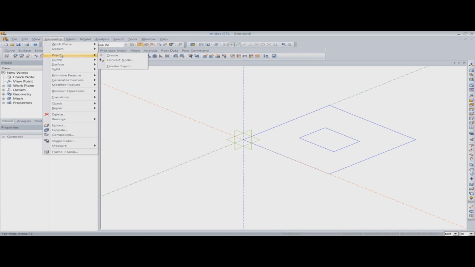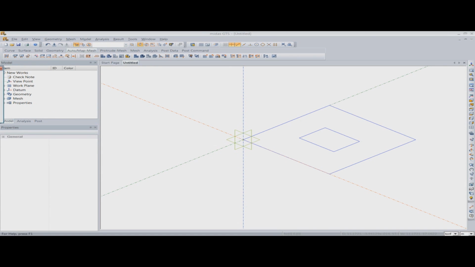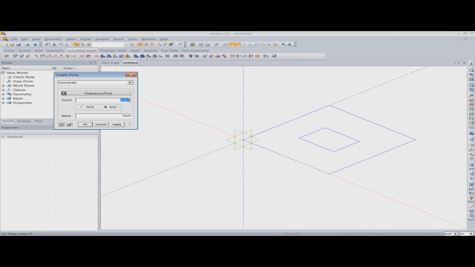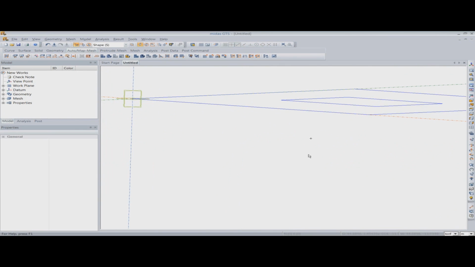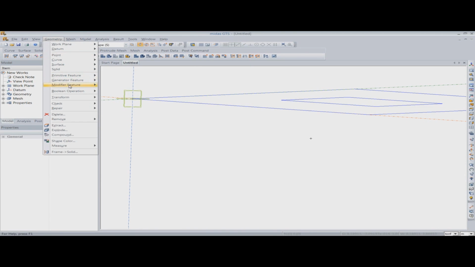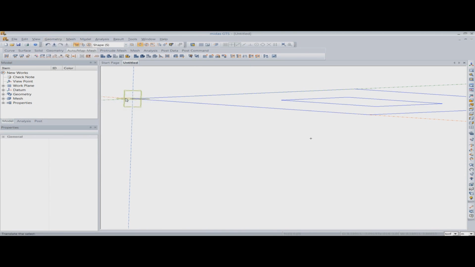Now I'll model the point so that I can model the piles. For modeling a point, I'll go to the point feature and the create point feature, and I'll put in the coordinates for the point. So as you can see here, I have modeled one point. Now I want to create one more point so that I can create a pile. For that, I will go to the transform feature.